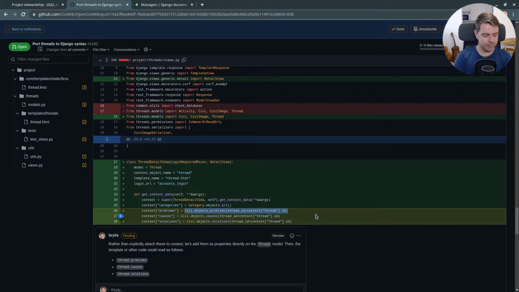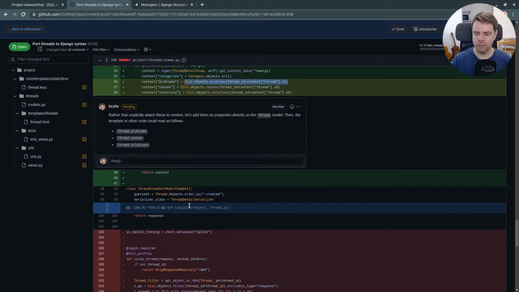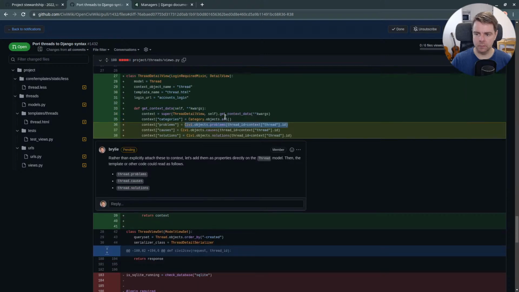At the same time, we do have model properties, such as reverse name, and actually the reverse name is probably what we need here. A reverse name property. This is a foreign key, thread ID.